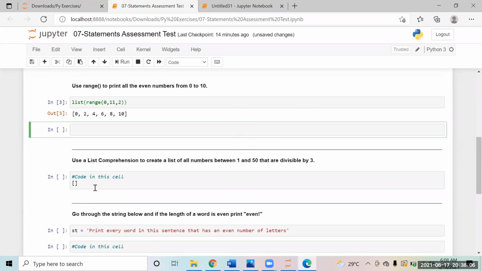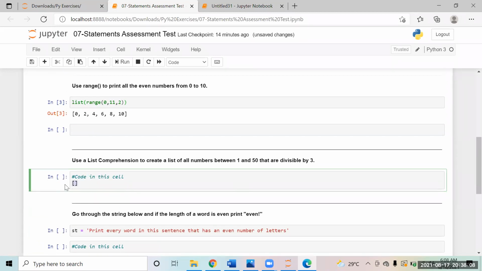Then we have: use list comprehension to get the numbers which are divisible by 3. The same thing. So I can say x in range, to 51, and we will simply say if x divided by 3 equals to